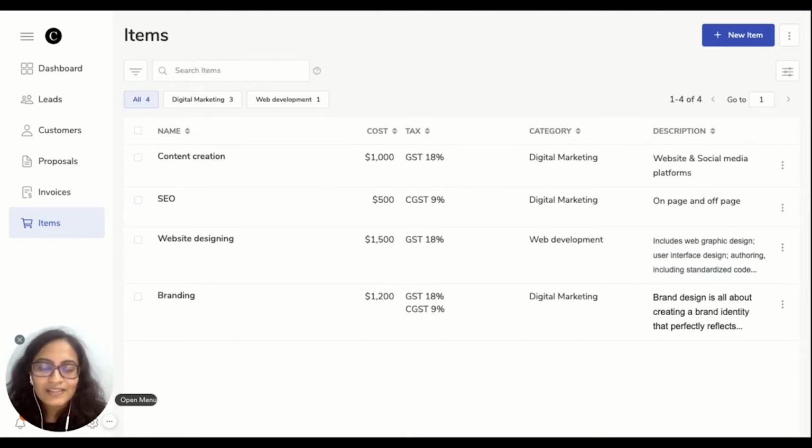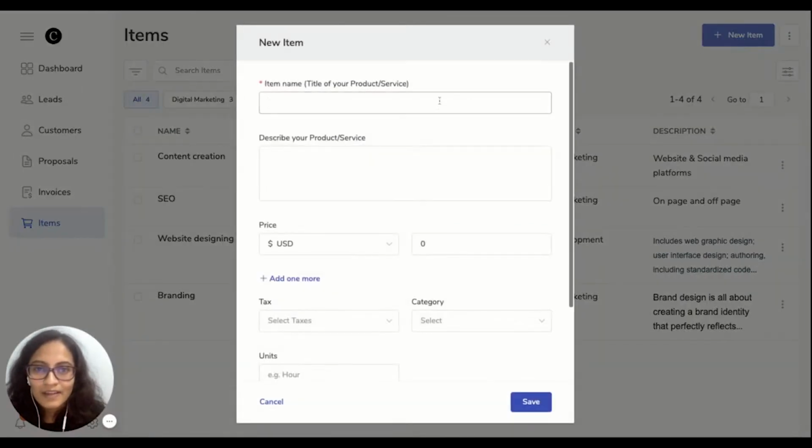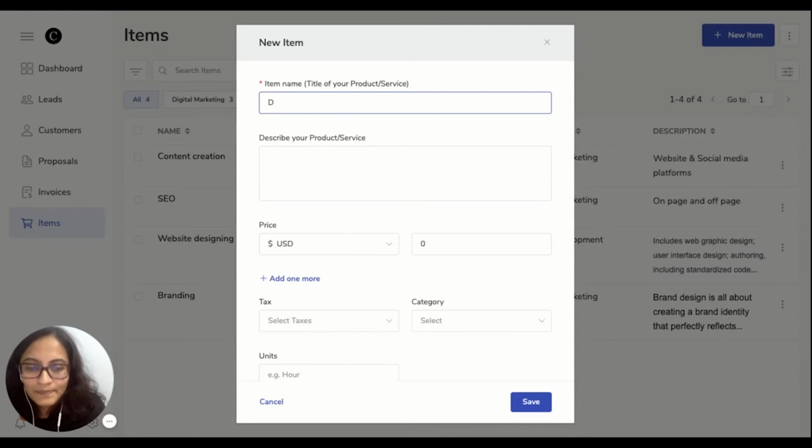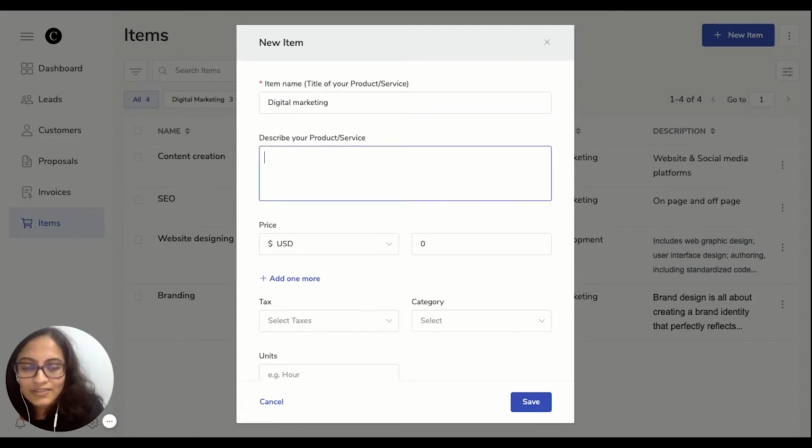And once you do that, this will be helpful for you when you're creating your invoices and proposals for your customers. So to create a new item, you have to click here. You can enter the name. You can describe it, that what are you offering in digital marketing. Say for example,